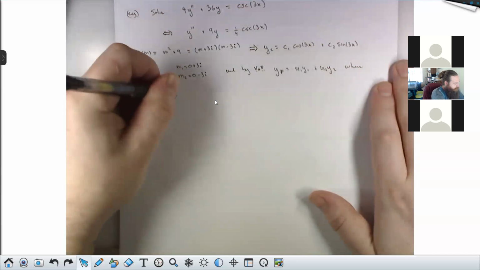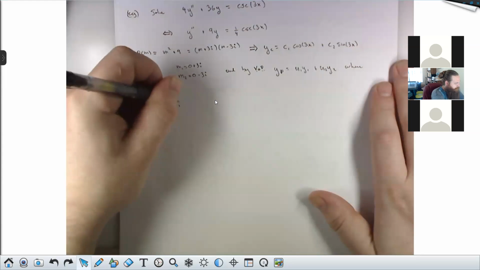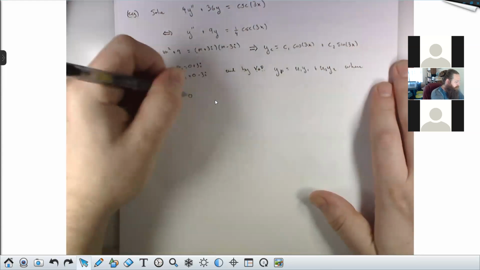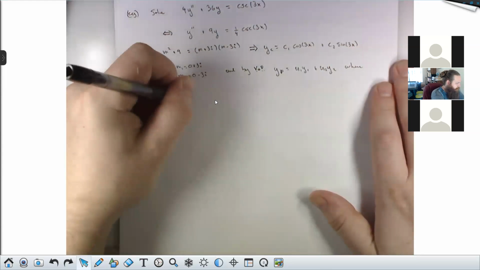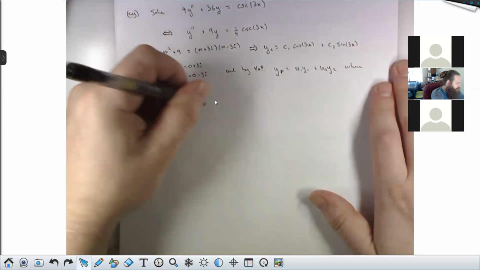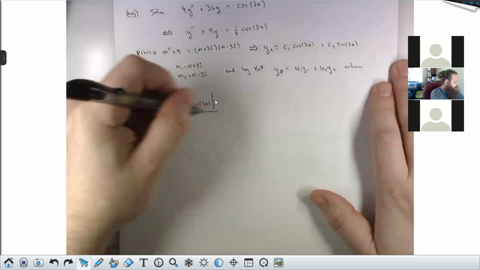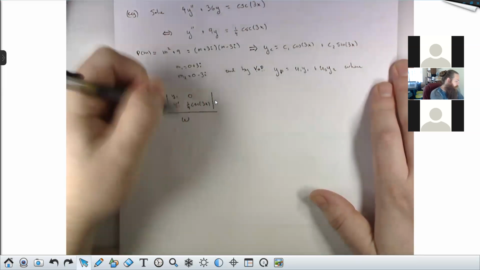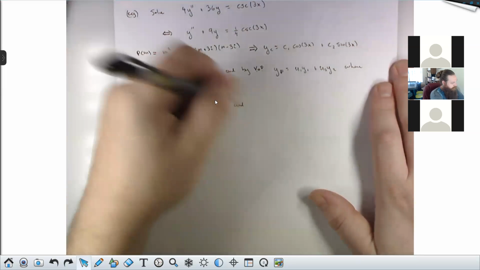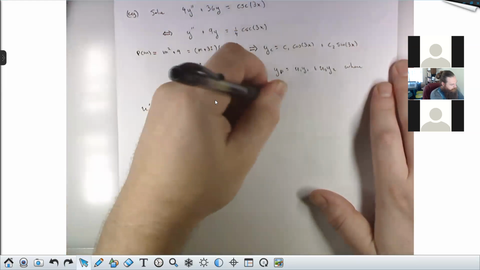So that's column y1, y1 prime, and then column 0, 1/4 cosecant 3x, divided by your Wronskian. And u2 prime